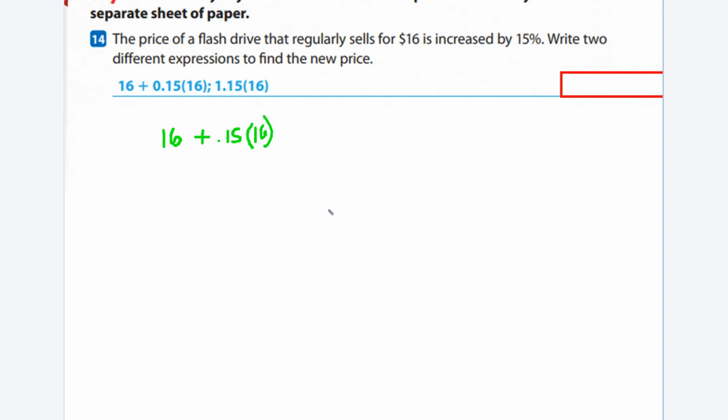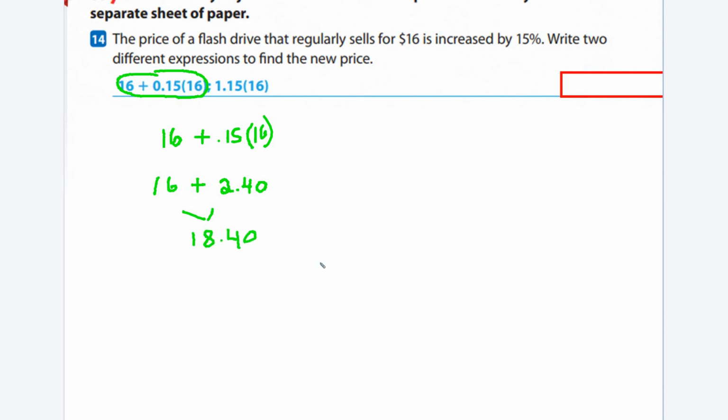They didn't solve this, but I'm going to. So you have the $16, which was the regular price, plus 0.15 times 16, which is 2.4. Because we're dealing with money, we're going to put $2.40. Therefore, the new price, if they asked you for that, they didn't. They just asked you to write two different expressions. There's one of the expressions. The new price would be $18.40